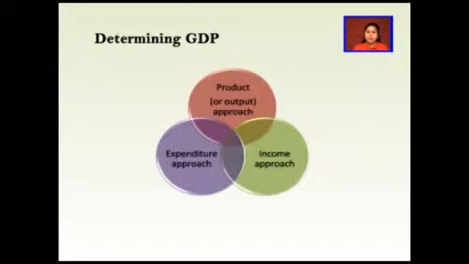Determine GDP. GDP can be determined in three ways, all of which should in principle give the same result. They are the product or output approach, the income approach, and the expenditure approach. The most direct of the three is the product approach, which sums the outputs of every class of enterprise to